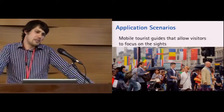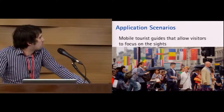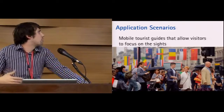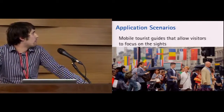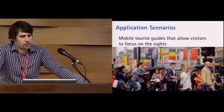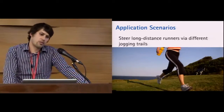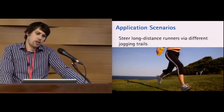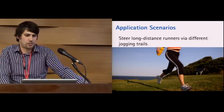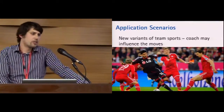Actually, one is a mobile tourist guide which guided the users through a city while looking at the environment without focusing on the navigation task. The second, the system could choose different jogging routes or jogging trails depending on the daily performance or daily training plan. Also, we envision